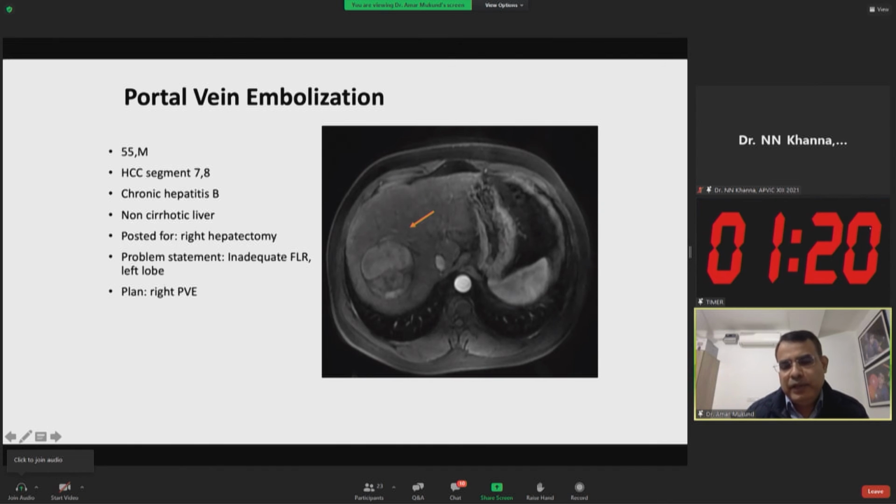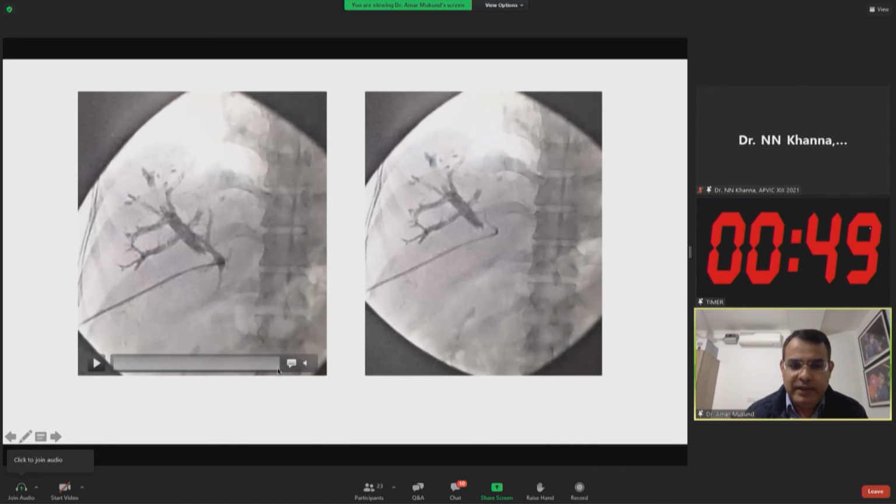Another indication where you can use a vascular plug to its maximal use is portal vein embolization. In case there is a large lesion and you have to do a major hepatectomy, then the future liver remnant should be big. But here we can see the left lobe of the liver is small, and here you want this to be hypertrophied. And for that hypertrophy, you need to actually divert all the portal flow onto the future liver remnant, that is the left lobe, and you close all the veins on the right side.